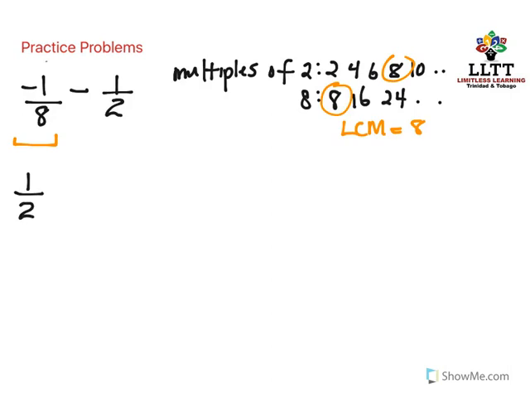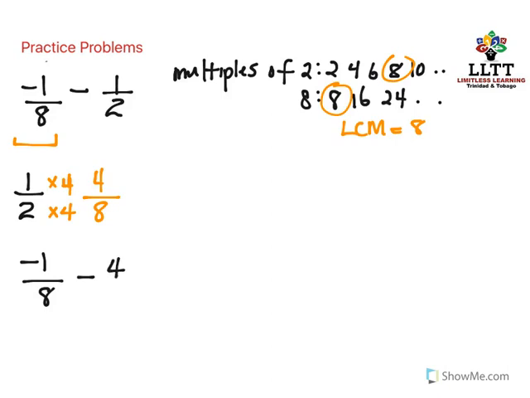This fraction, 1/2, I need to change it into a fraction where my denominator is 8. What do I multiply 2 by in order to get 8? By 4. So 2 by 4 gives me 8. I multiply my numerator by 4 as well. 1 times 4 is 4. So my original equation is now